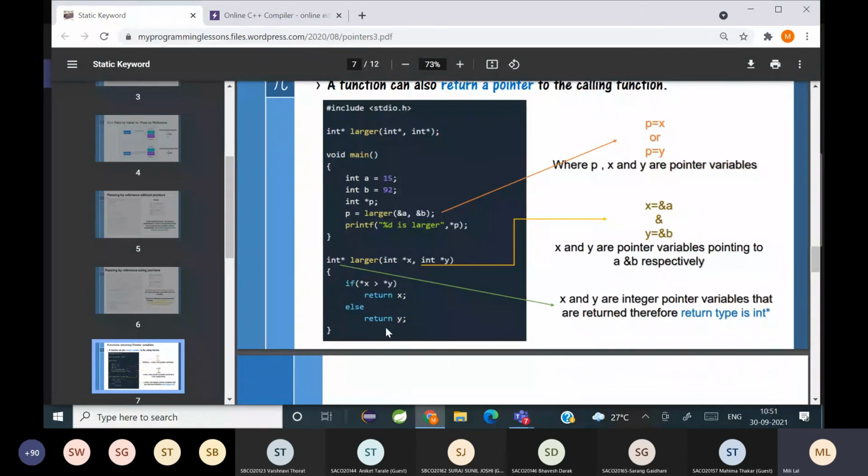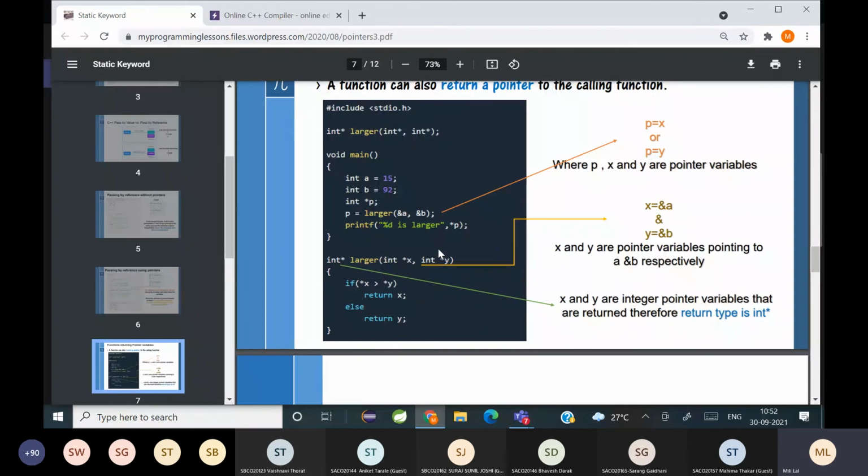So वो function में क्या देगा? यहाँ पे जो return type है int with the dereference operator. So int with the dereference operator means it is expecting a pointer variable to be returned. Now you're passing the address of A और address of B function call पे आया, तो function में यहाँ पे dereference operator use करना पड़ेगा.